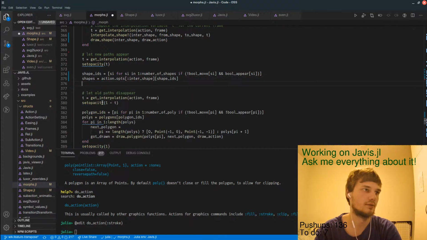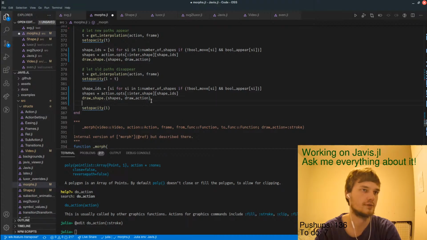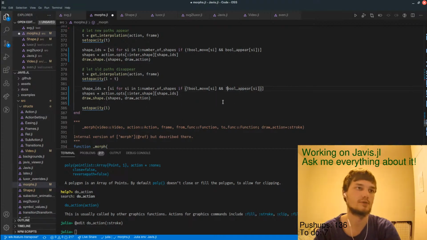And then basically draw shape of shapes with draw action. And kind of doing the same thing here, I guess. Just that we have if not, but also not. Let's check this out.